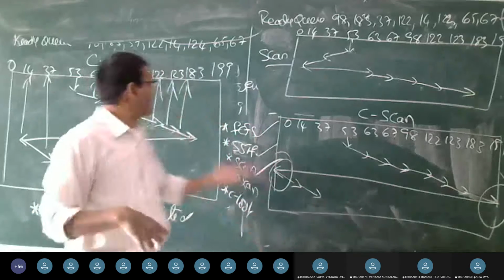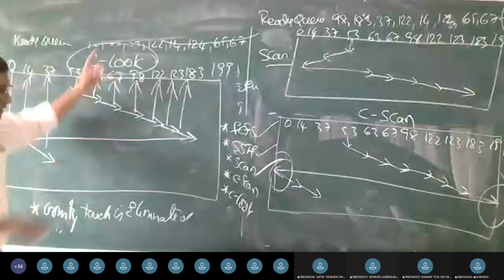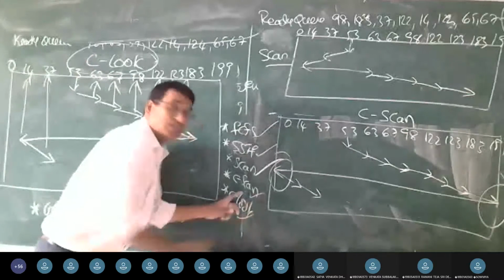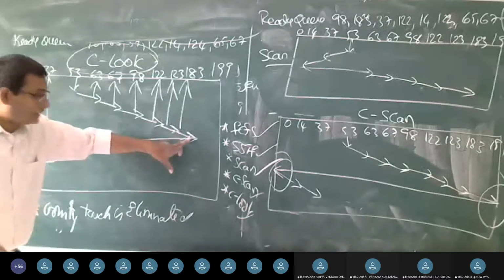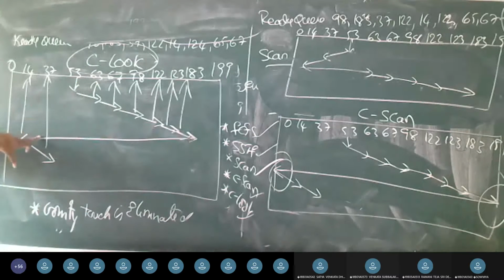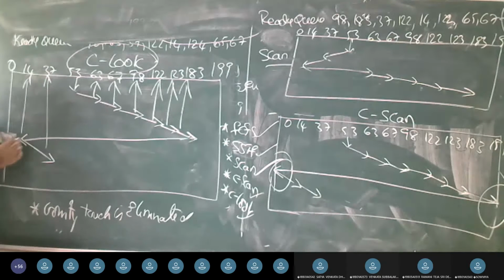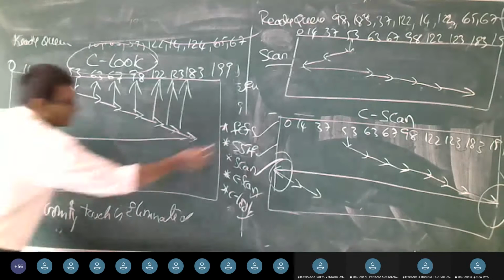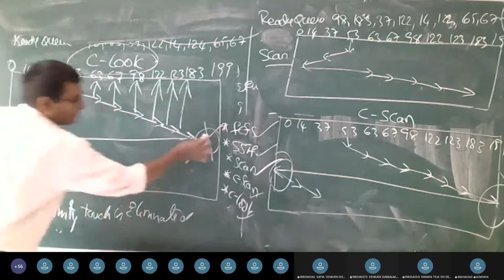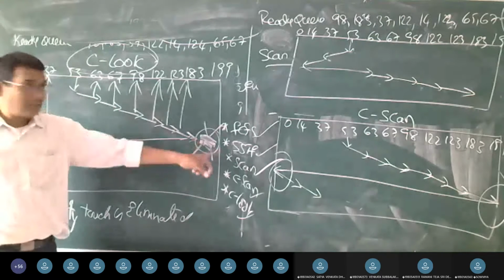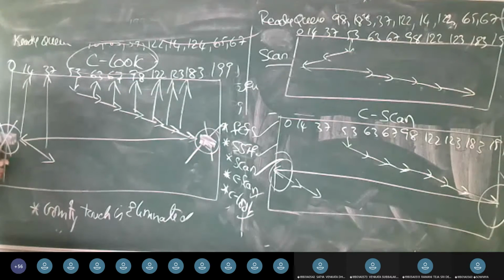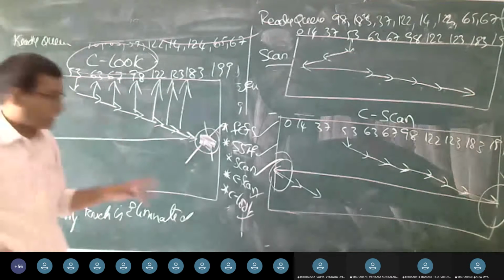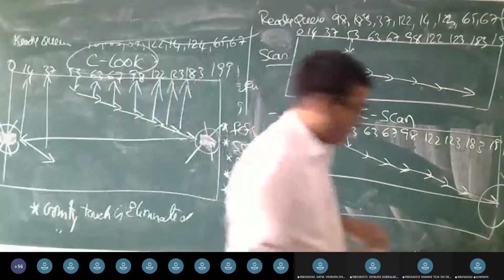So to eliminate that, they went with an algorithm called the C-LOOK algorithm. In C-LOOK, the last request is processed and thereby it is going to process the items at the lower end instead of touching the boundaries. Between 183 and 199, the C-LOOK algorithm does not touch the boundaries. So that was the major correction in C-LOOK.